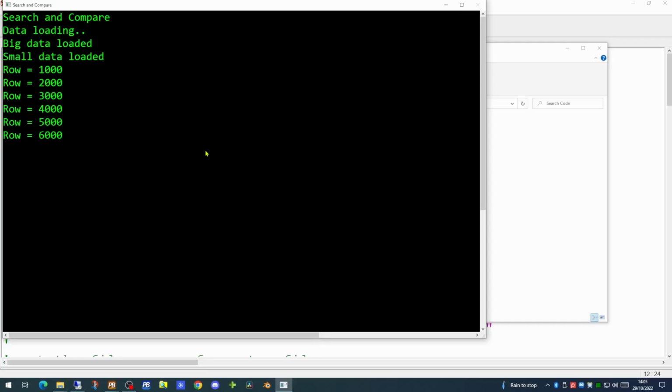So why does the index search speed it up so much? The idea behind the index search is that what we're doing on the large file is we are pre-sorting the large file into a sorting order based on the email column.